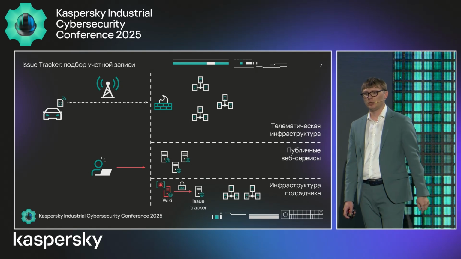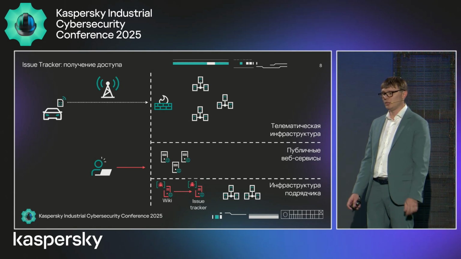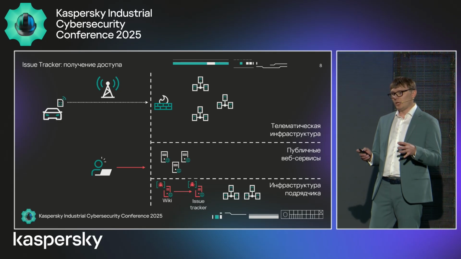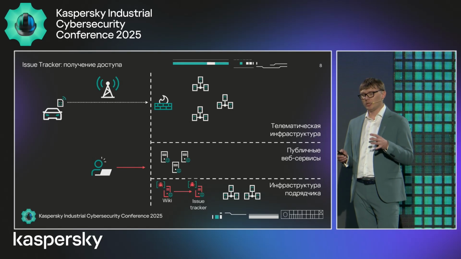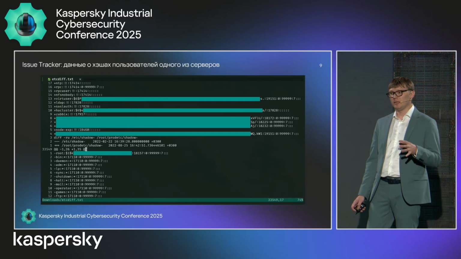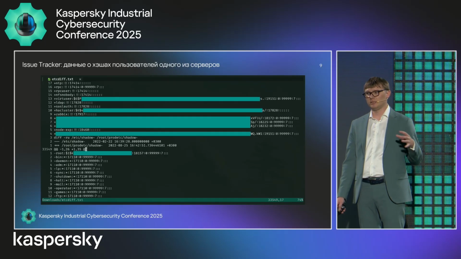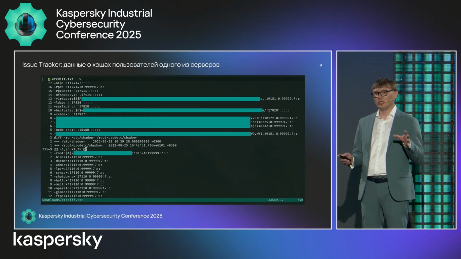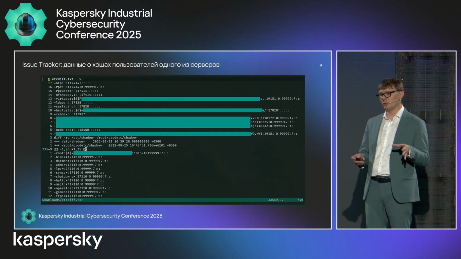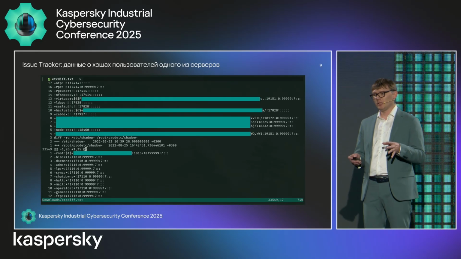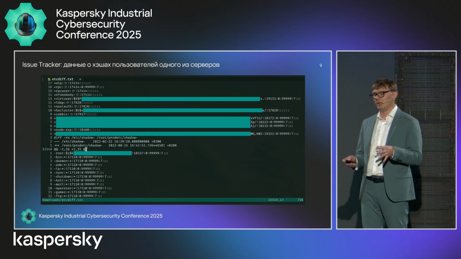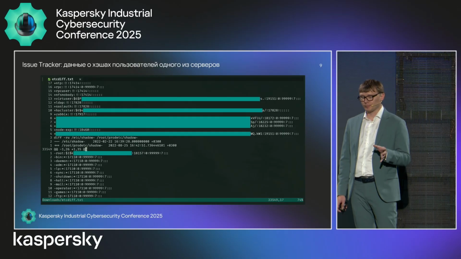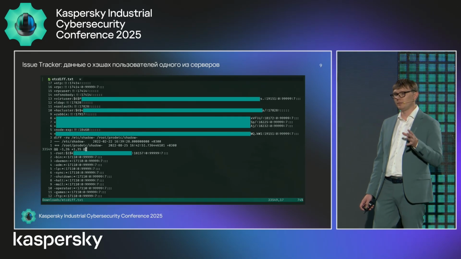And we had a chance to try them, and one of the passwords was the right one, and we got access to the issue tracker. We were lucky enough to see a lot of confidential information about this automobile producer, a lot of information on the service, including a dump file with a catalog of the group of servers.